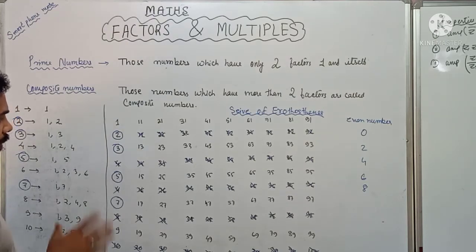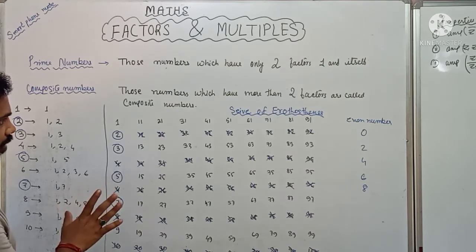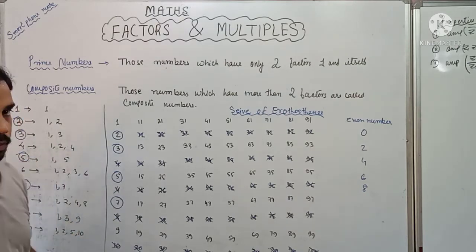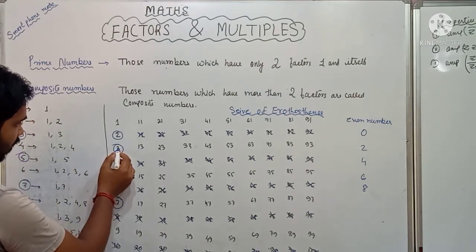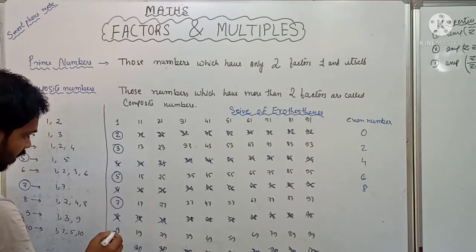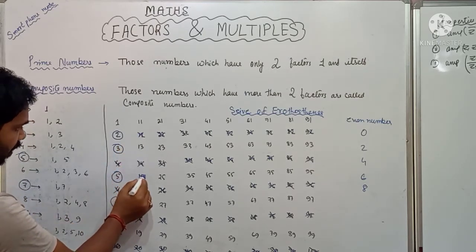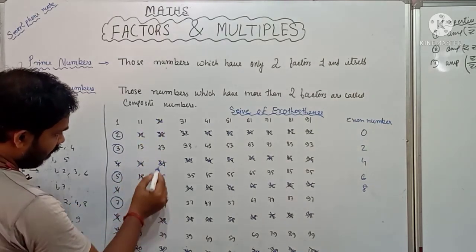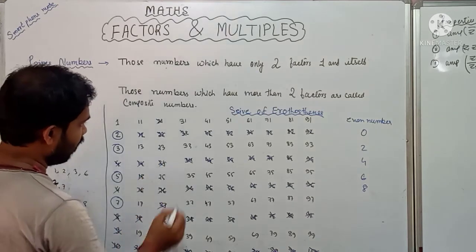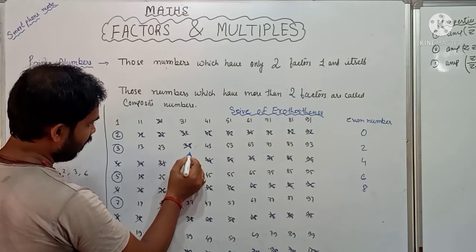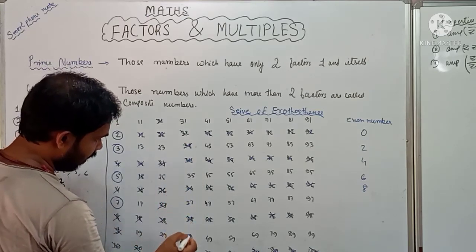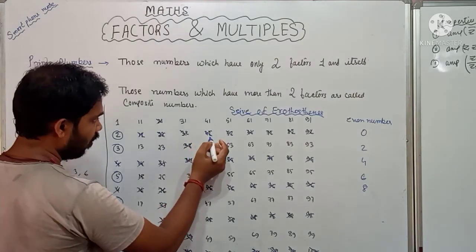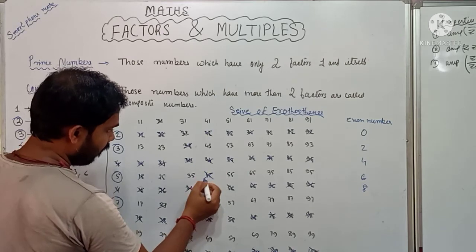Okay, so next we'll see which numbers are divisible by 3. We'll count very well. We know the table of 3. So you see, 3 1s are 3, 3 2s are 6, 3 3s are 9, 3 4s are 12, 3 5s are 15, 3 6s are 18, 3 7s are 21, 3 8s are 24, then 27, then 30, then 33, 36, 39, then 42, then 45,